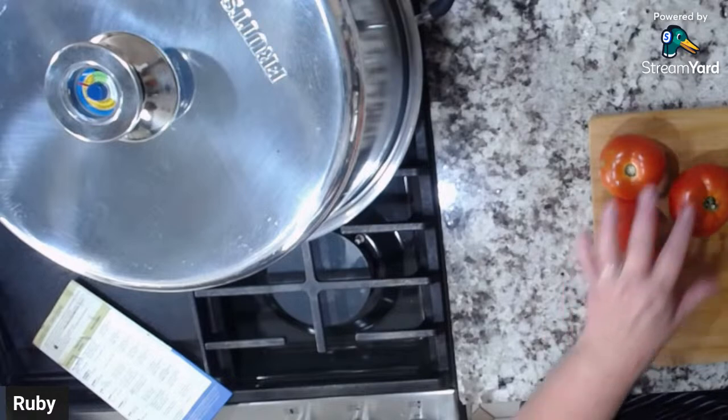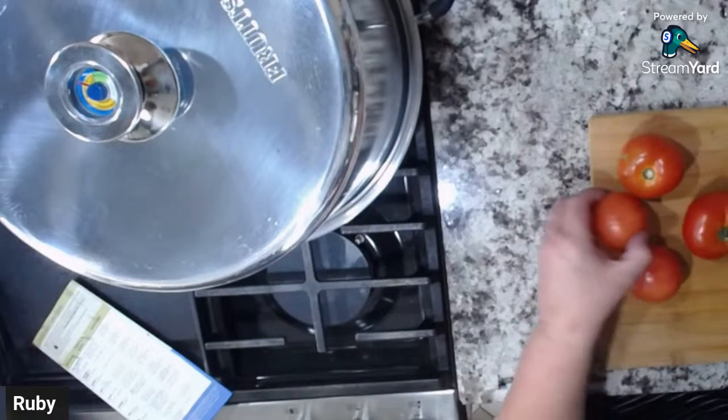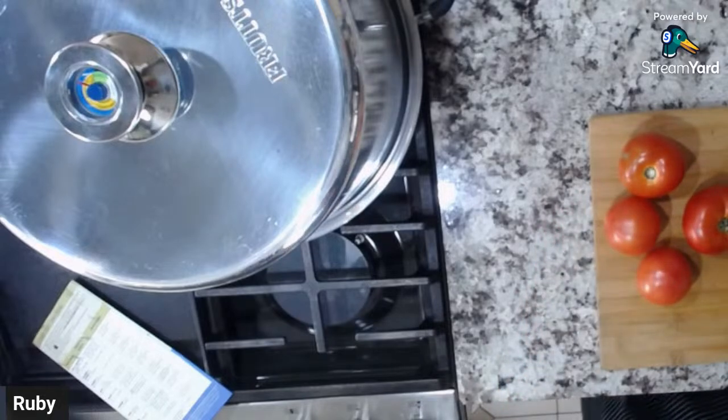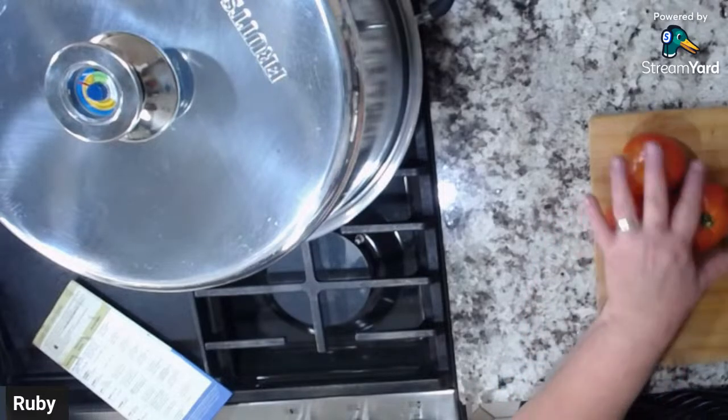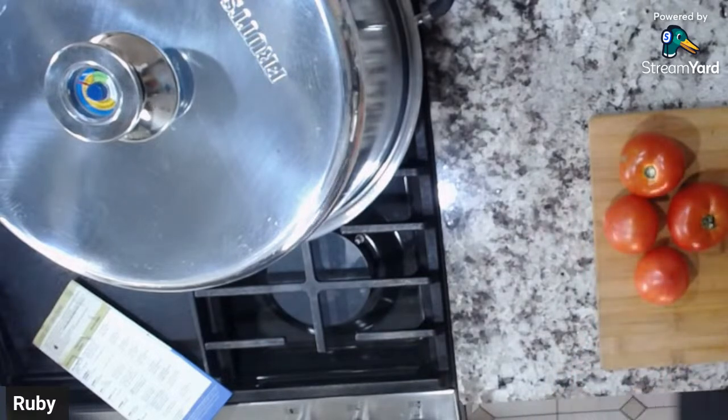So I left these. These were green, and now they have completely turned red. And I still have a few more there that are ready to go into the freezer. So we just have to wash them, core them, put them in the freezer. And then,